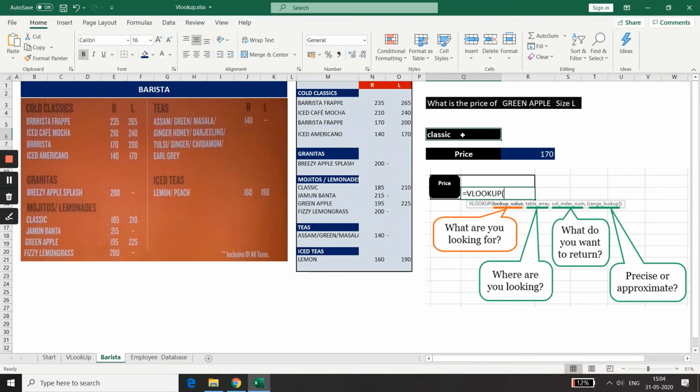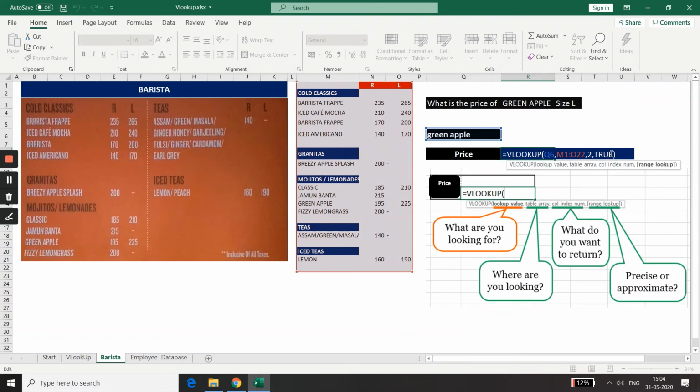Let me select green apple. Answer is wrong. Oh, so there is something missing now in the formula. When I selected exact value, VLOOKUP was giving the right answer, but in approximate match, the answers are wrong.